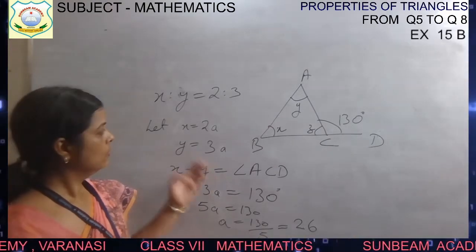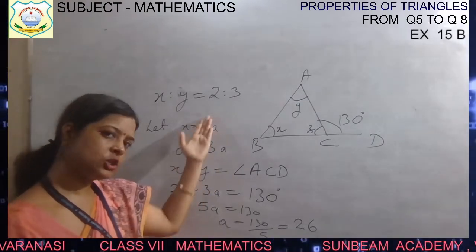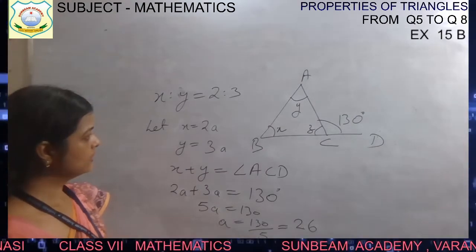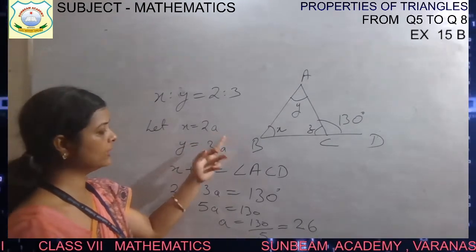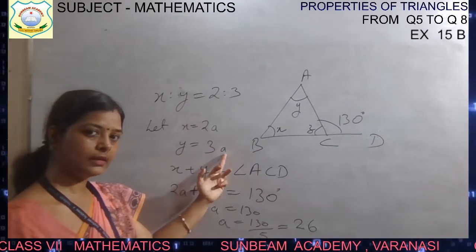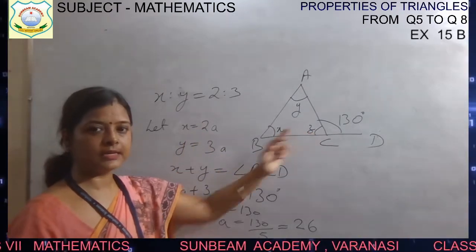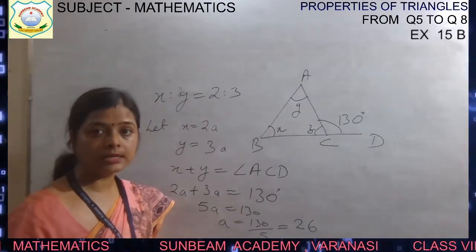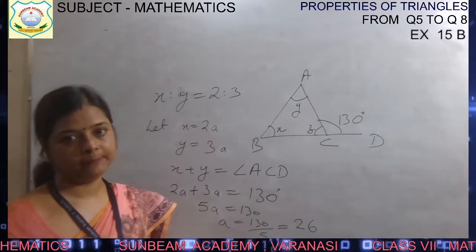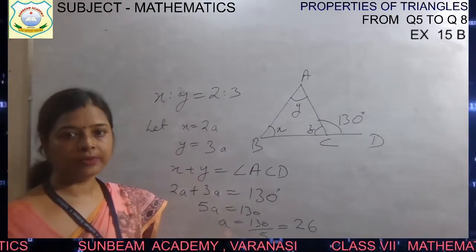Okay, now let x be 2a and y be 3a. मतलब वो उसी ratio में बढ़ेगा जिस ratio में आपका ये variable multiply होगा. Now after doing this we will find the value of a. x की value आएगी 26 into 2 और y की value आएगी 26 into 3. ठीक है, 26 into 3. x की आ गई, y की आ गई. Can we find the value of z? Yes, we can find the value of z by using angle sum property of triangle. तीनों एंगल का सम क्या होता है 180 डिग्री. So in this way we can find all the angles x, y and z.